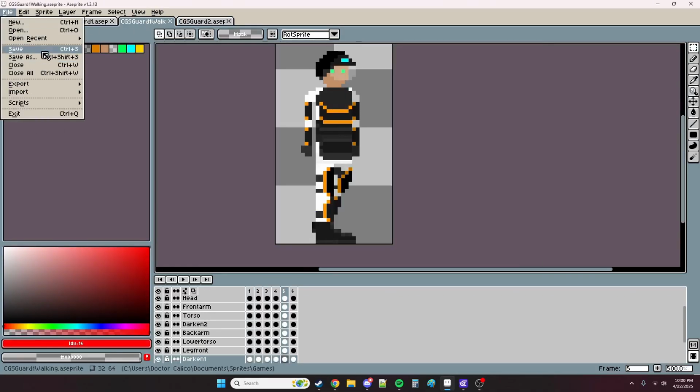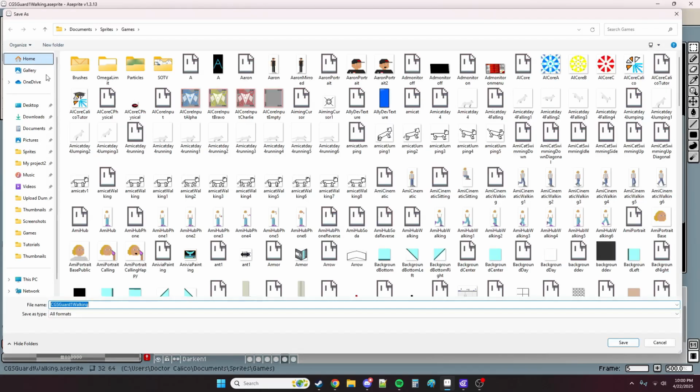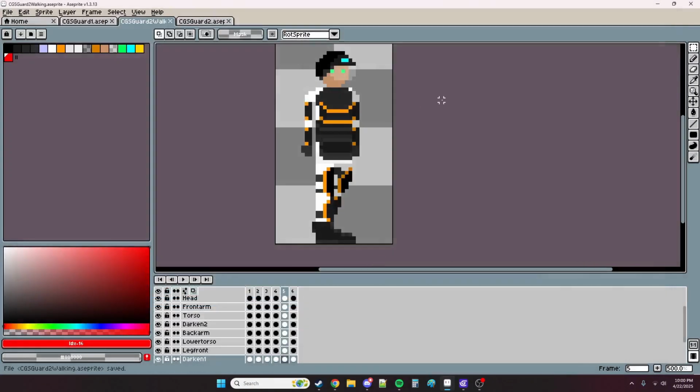And we're going to save as guard 1 walking, guard 2 walking. Yeah, paste these colors in here, and